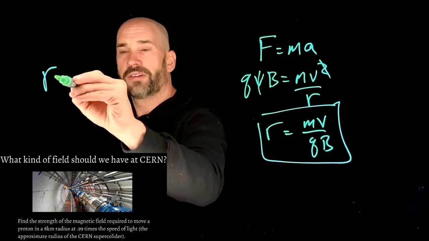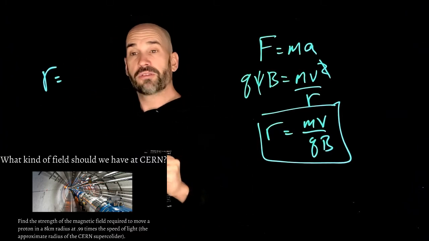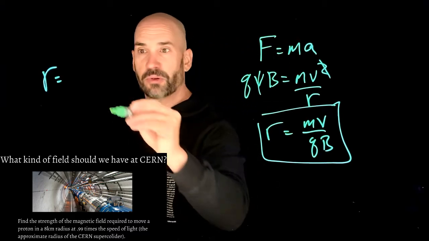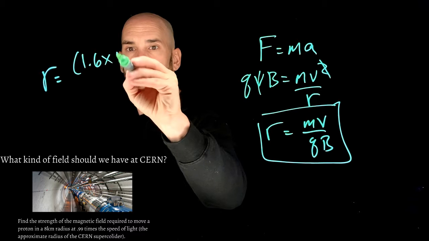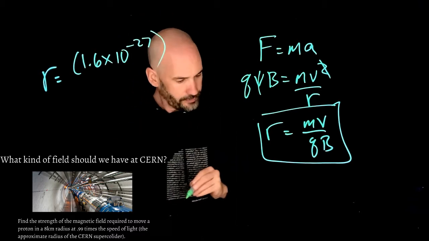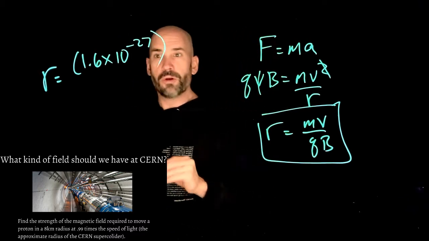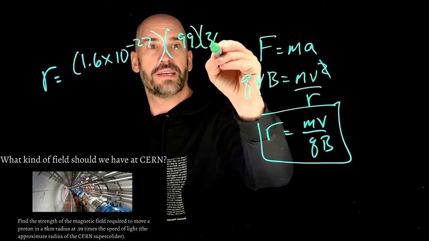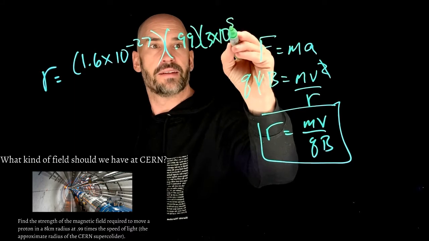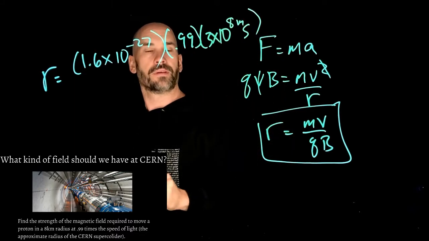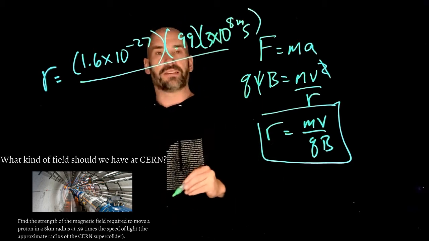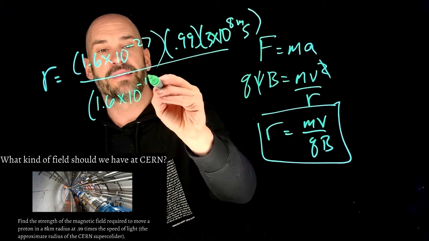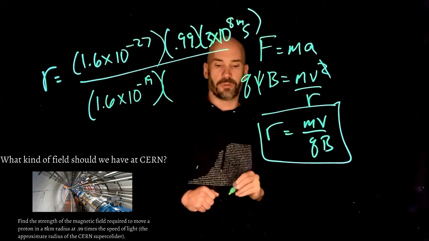So that means that R is going to be equal to the mass of a proton, which, as you guys know, is 1.6 times 10 to the minus 27. And we want to get this to go near the speed of light. So it's 0.99 times the speed of light, which is 3 times 10 to the 8 meters per second. Right? And then that's all divided by the charge of a proton, which, as we know, is 1.6 times 10 to the minus 19. And multiplied by,